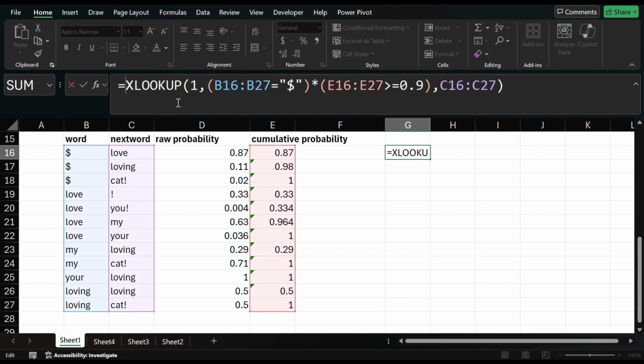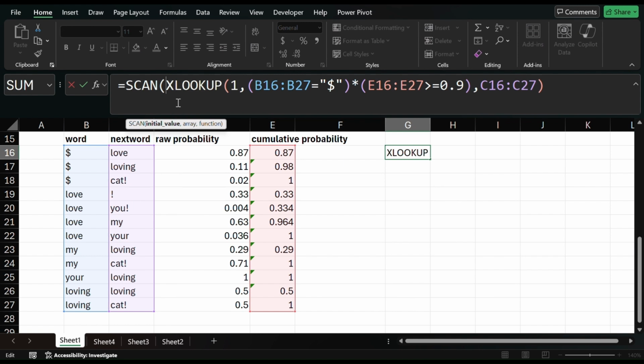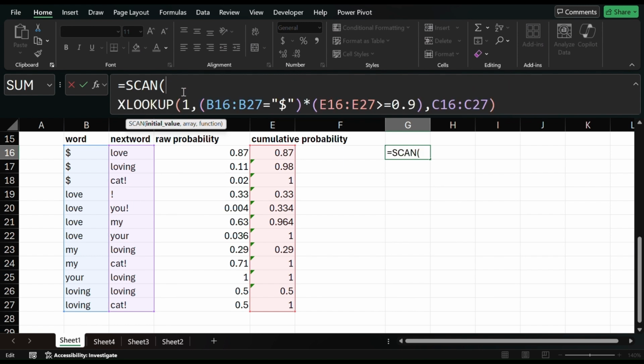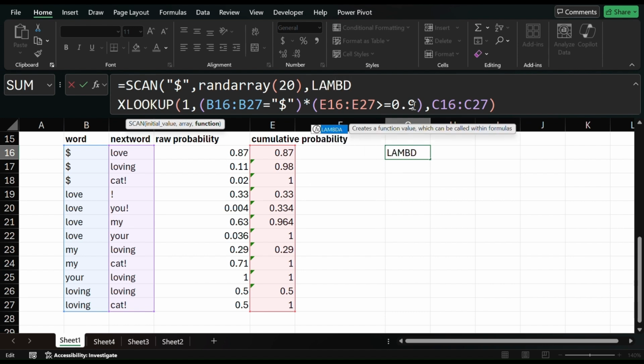And we can do this with the scan function. So I've made a few other videos using it. In this case, our start value should be the $. And in terms of the random probabilities, because this should be a random number between 0 and 1, we can use rand array. This will also decide the maximum number of words, so we can make this rand array 20. And lambda